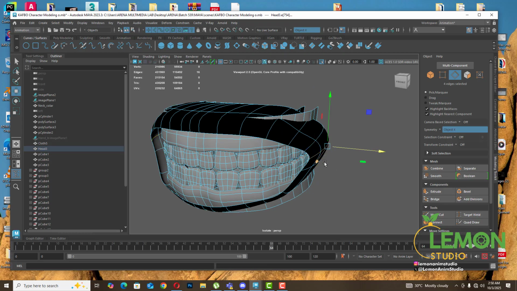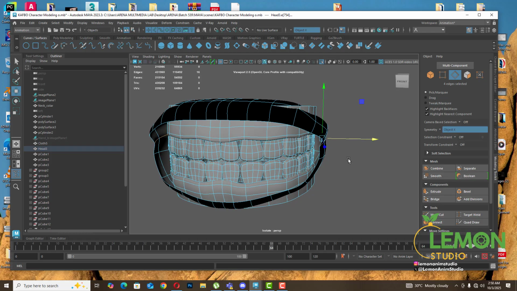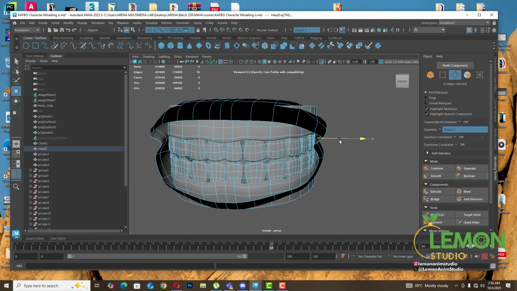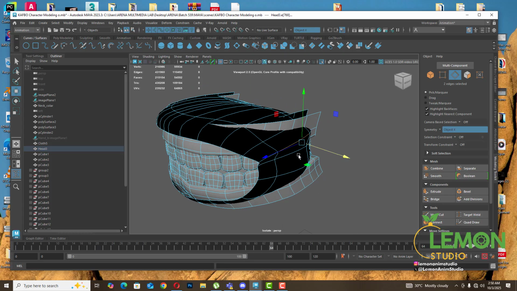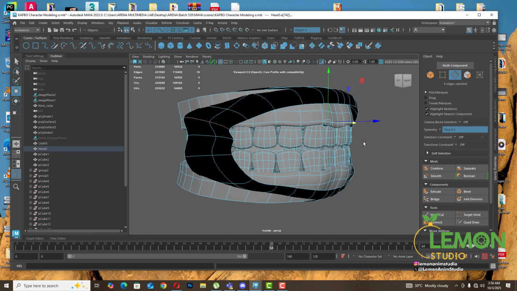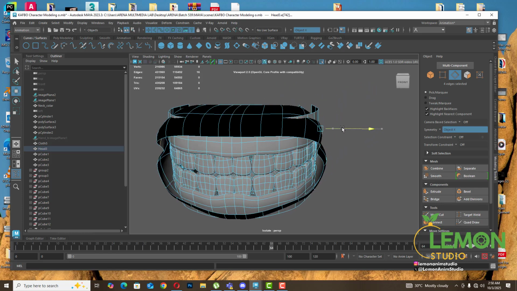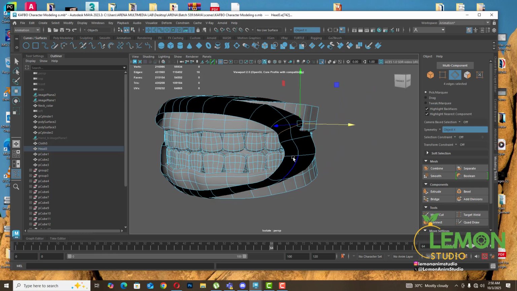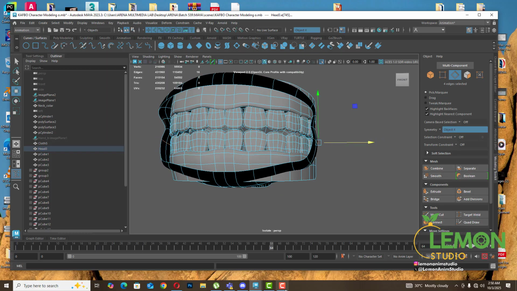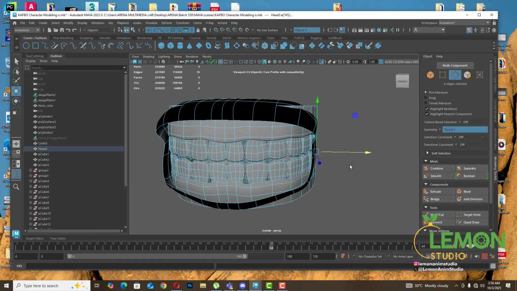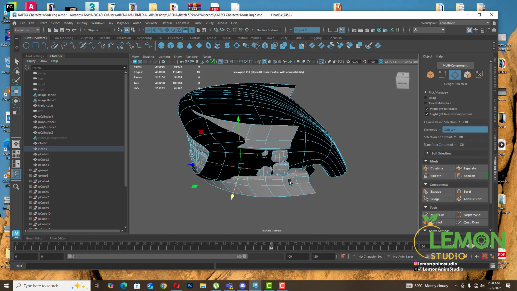I'm going to select this, push this inward, close to the teeth. I'm going to push it inward. I'm going to select this, got this, of the other side so it's moving. I'm going to do the same thing. I'm going to push this inward. So now that these have been pushed inward,